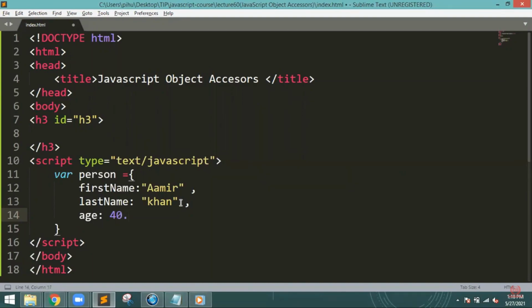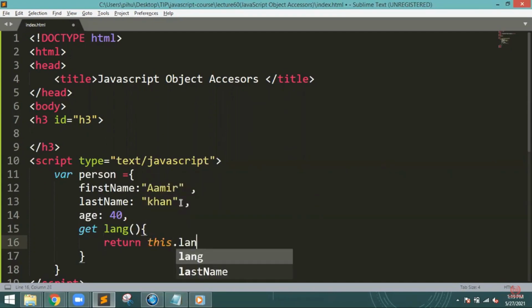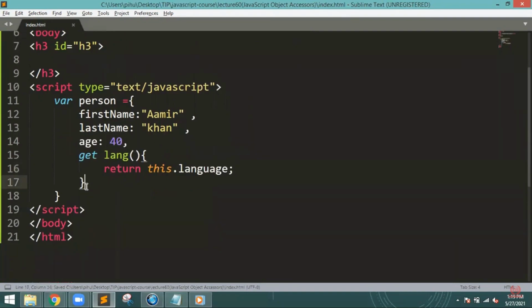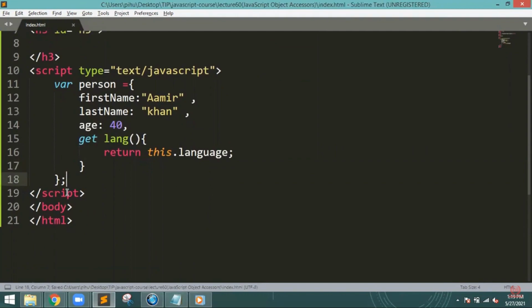Inside the person, I have to mention all the details. The first name I have mentioned. Last name I have mentioned. Age I have mentioned. So I have already told you there are two parts in the accessor. The first one is get and the second one is set. So I am writing the get one. I have written get language of return this language. What does this mean? In this example, I use the language property to get the value of